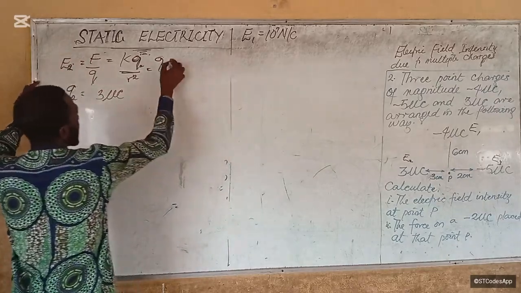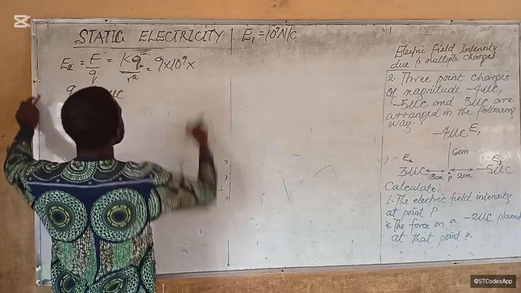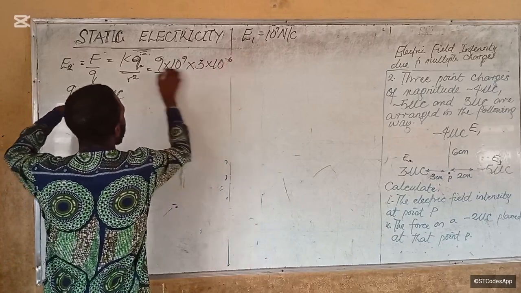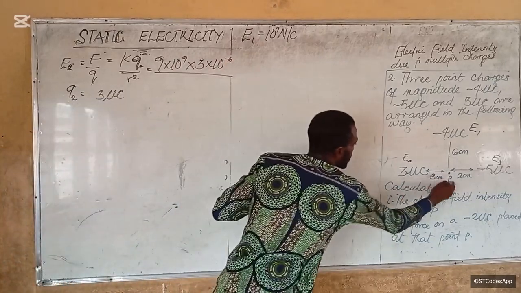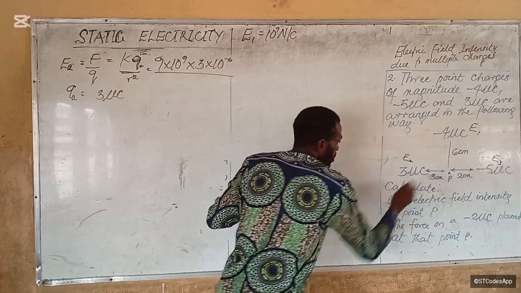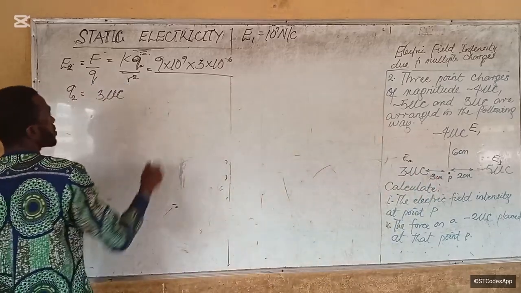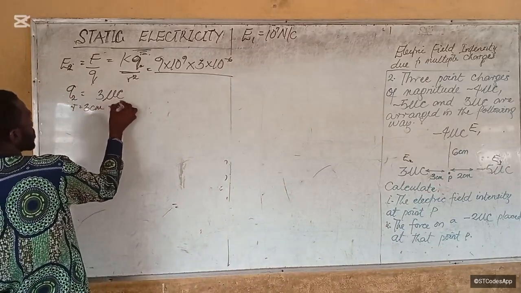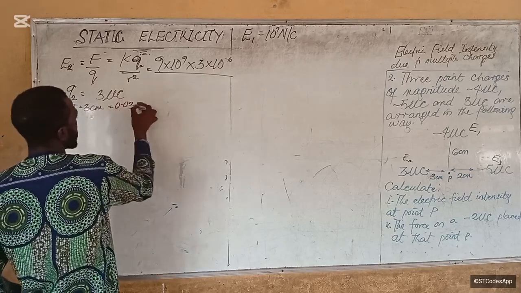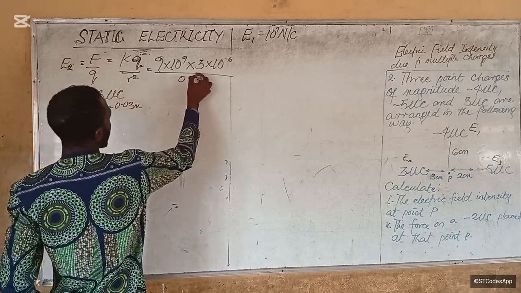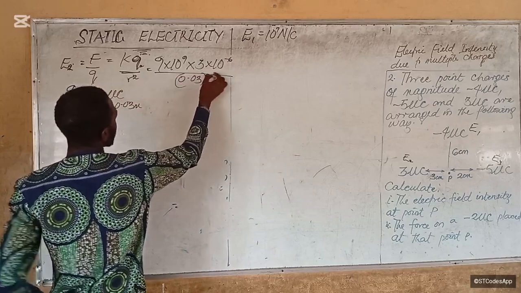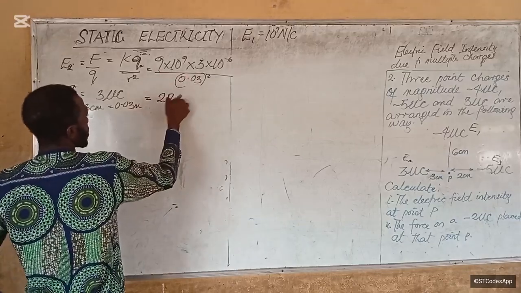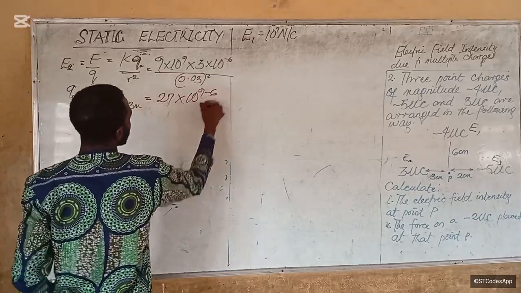So this becomes 9 times 10 to the power 9 always, times 3 times 10 to the power minus 6, all over. What's the distance from point P? The distance of this charge from point P is 3 centimeters. So R is 3 centimeters, that becomes 0.03 meters, all squared. So this will now give us 9 times 3 is 27 times 10 to the power 9 minus 6, all